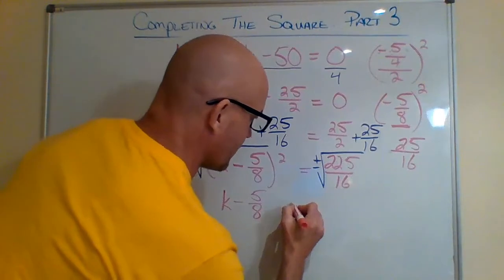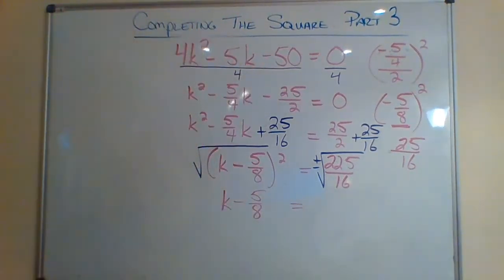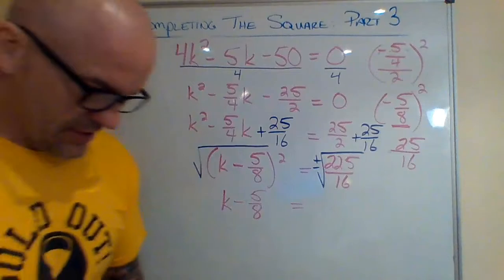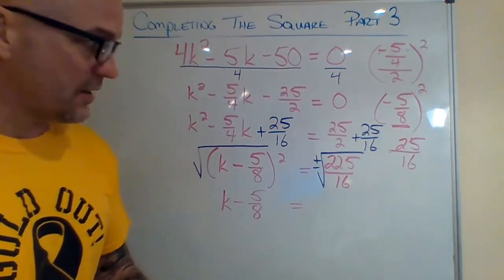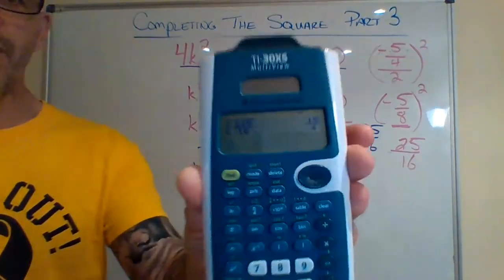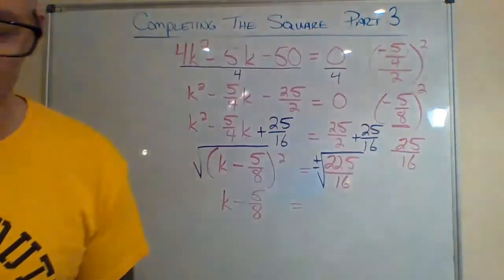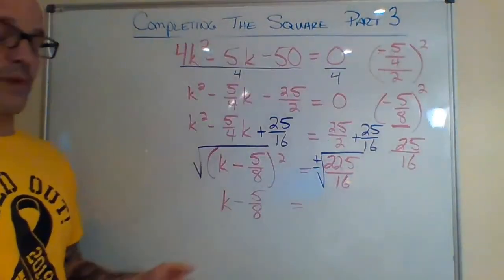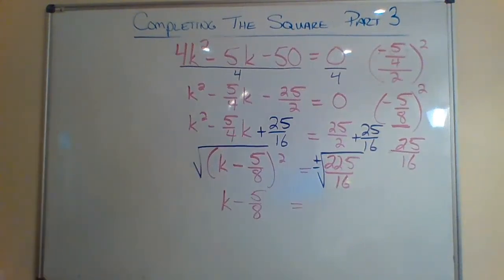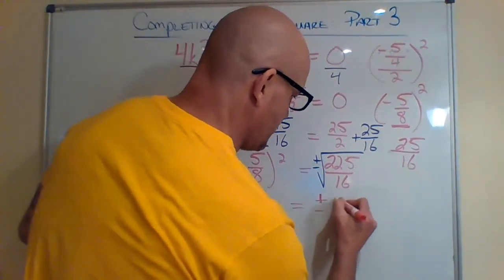Now, over here, hopefully a lot of you guys are seeing something. The nice thing about this is, let me show you this too. I need to show you all these things your calculator can do if you have one. I believe Desmos will handle it as well. If you punch that in there, guess what? It works out. They're both perfect squares. The square root of 225 is 15. The square root of 16 is 4. So this becomes plus or minus